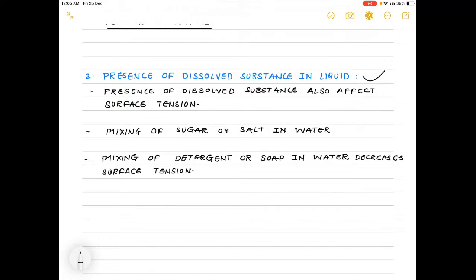Therefore the surface energy and the surface tension of the fluid increases. What happens? The surface energy and the surface tension of the fluid increases. The example of this case is mixing of sugar or salt in water. So what happens due to mixing of sugar or salt in water? The surface tension